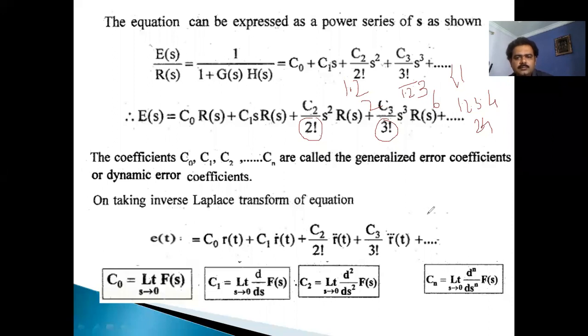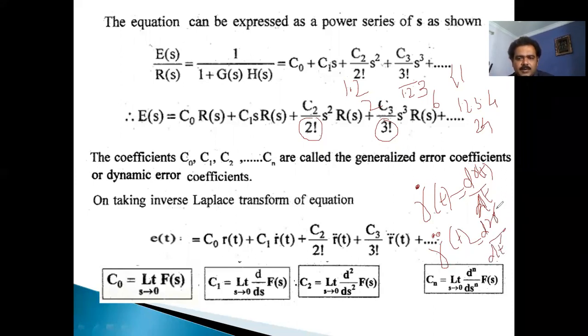So this is r dot of t, which means d by dt of r of t. Instead of writing d by dt, I have kept r dash, or in some notations we can put it as r dot. If it is r double dash or r double dot, it indicates d square r by dt square, the second derivative. Two dots indicate the second derivative, three dots indicate the third derivative, r dot indicates the first derivative.